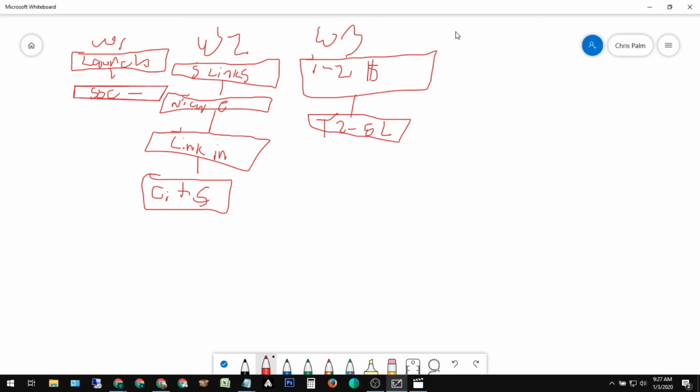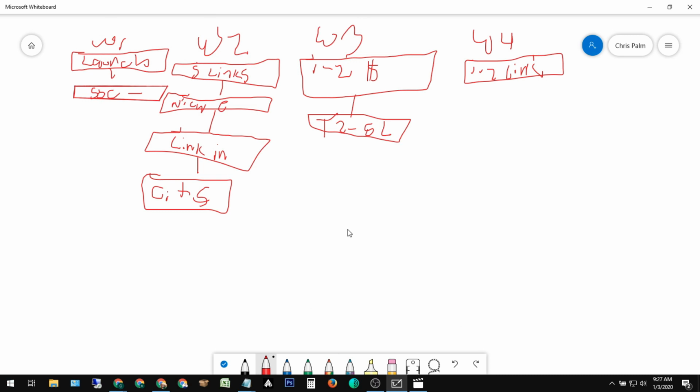Now, week number 4 is where things start getting a little bit more fun. In week 4, we're sticking with the same, whatever your velocity is. So we're going to do 1 to 2 links, okay? Not 20, not 30, not 50, not 100, not 1,000 links, not GSA links, not SE Nuke links, but 1 to 2 high quality links. They could be link insertions, guest posts, they could be niche edits, something that is of high quality and relevance to your brand or business. All right, not tons of links. That's audacious. So we're going to do 1 to 2 links of very high quality directly to the money site,